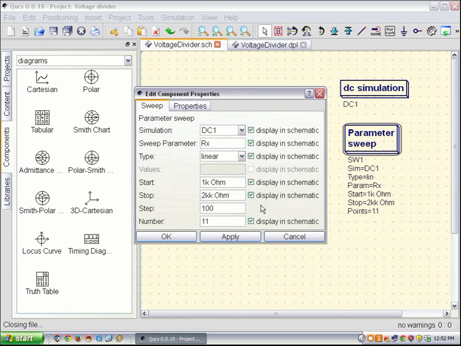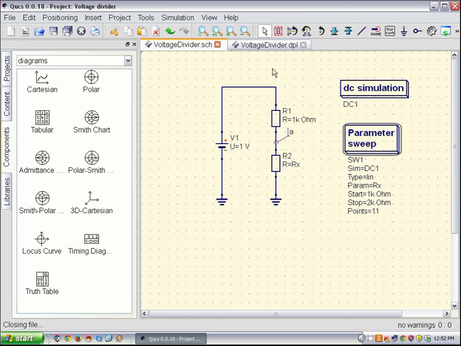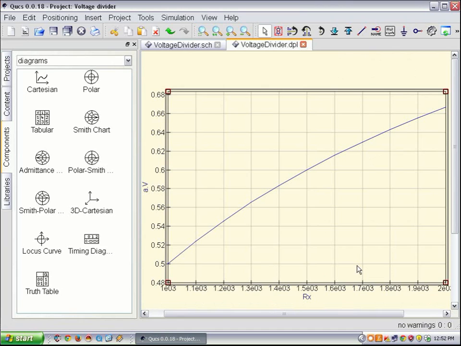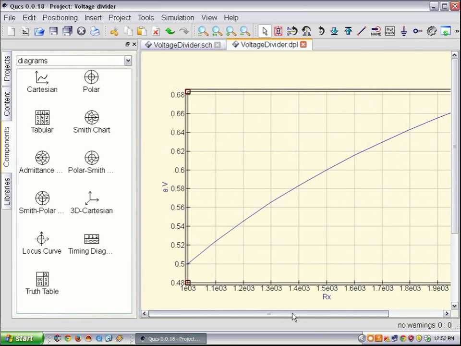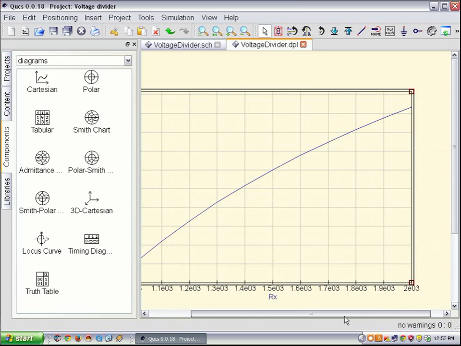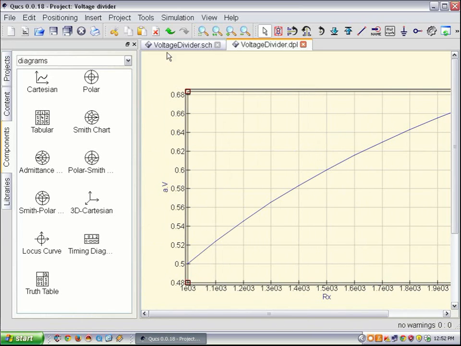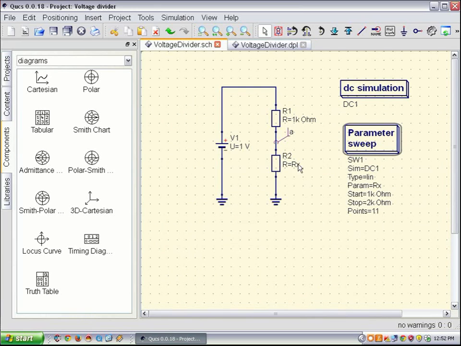I made a mistake. Wait a minute. There are two Ks. Okay. Let us see if it works properly. So we have this. Even at 2k, we are yet to reach. So I think we must. Okay, I'll keep it at 2k. So what I will do is I will have 2k ohm,